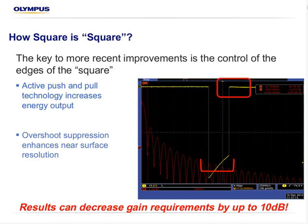So when using what we would call a perfect square or a very tightly controlled, tunable square wave pulse, we can actually see savings of up to 10 dB in terms of the amount of gain required to bring a certain sized reflector to its reference height. Now 10 dB is a huge savings. When we're looking at, let's say, a difficult application where you're requiring quite a bit of gain just to be able to see what's going on within the part,